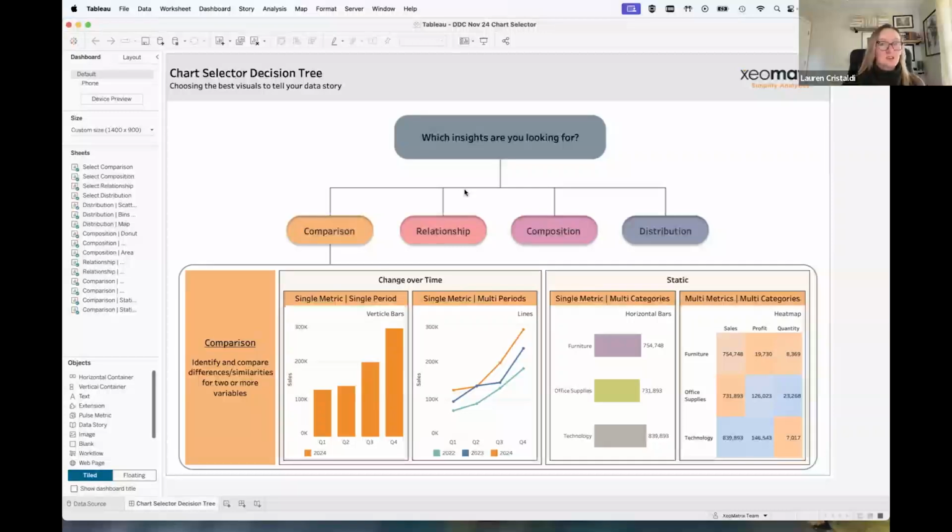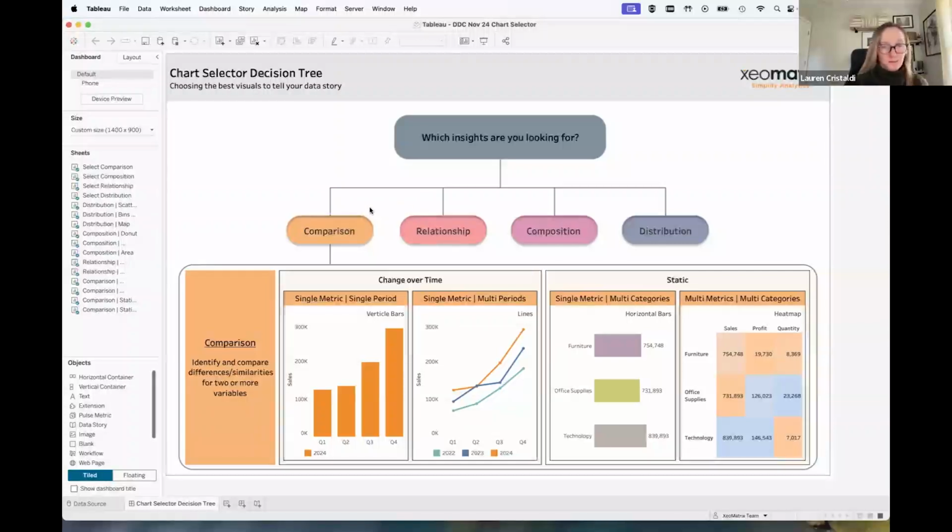So you ask the main question, which insights are you looking for? So what are the questions that your business or your clients' businesses are asking to be answered from their data? And I'll just give an overview of all of these charts in the different buckets, and then I'll start going through how to build these different charts.